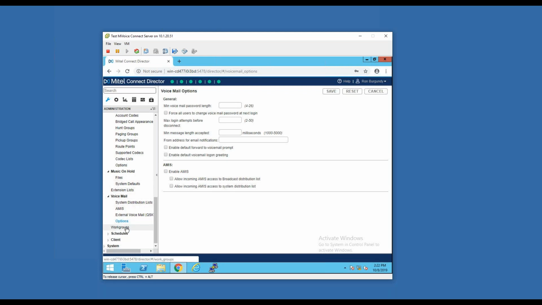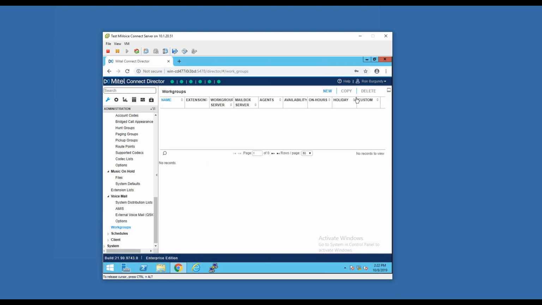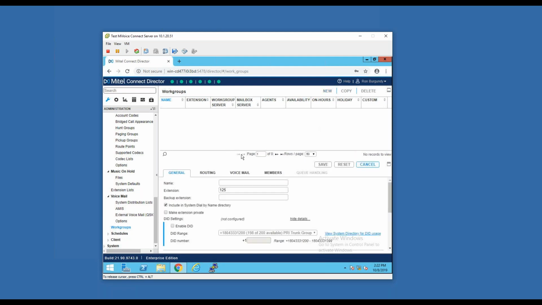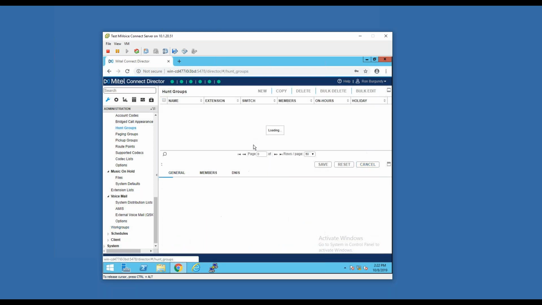Right, jump down here into our work groups. Our work groups are going to be pretty similar to our hunt groups. The biggest difference between the work groups and the hunt groups is going to be the ability to queue calls, right? So with hunt groups, if you call into a hunt group and you have someone available to answer the call, great. But if no one's available to answer that call, it's going to go to that hunt group's